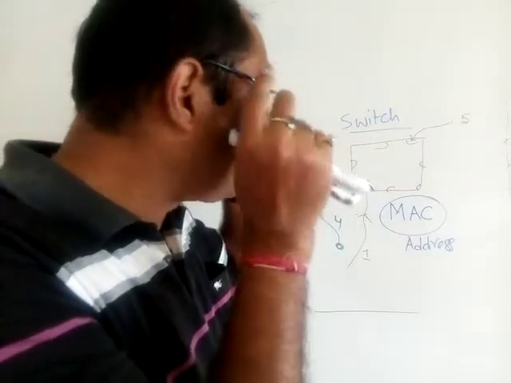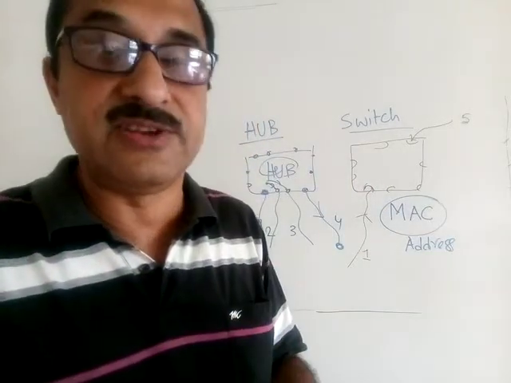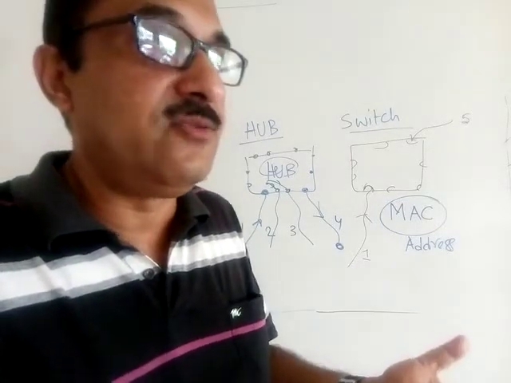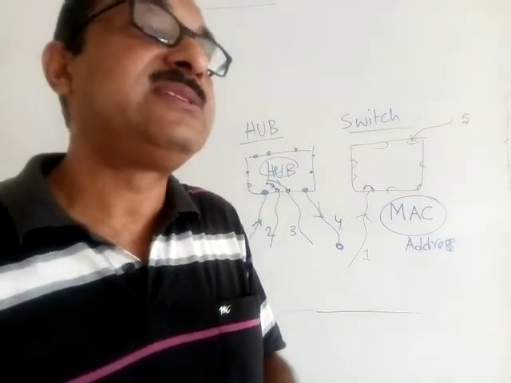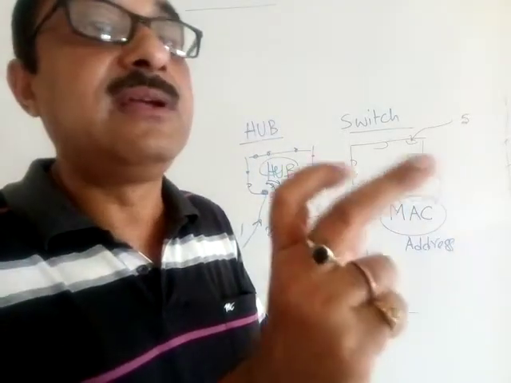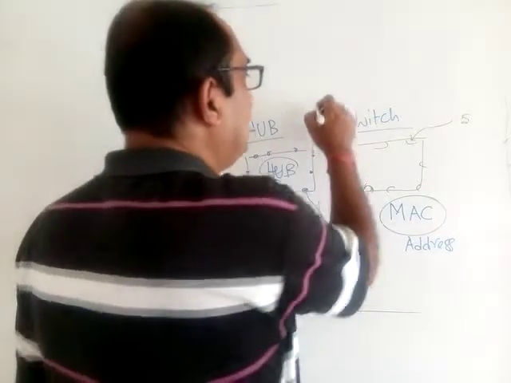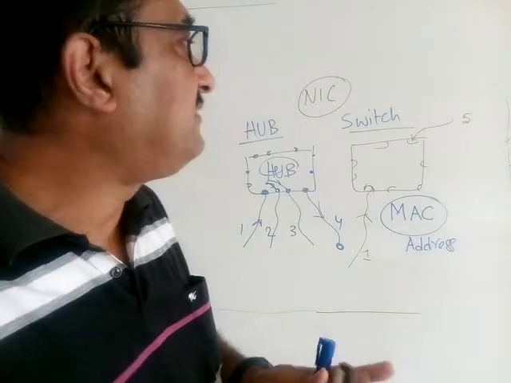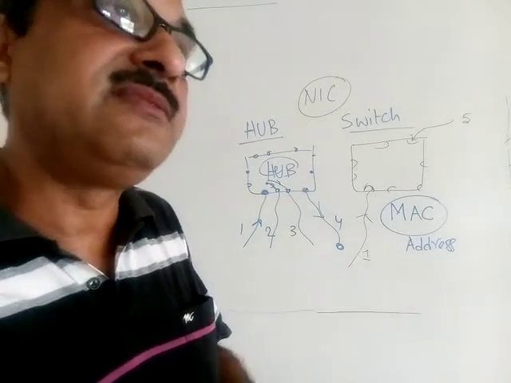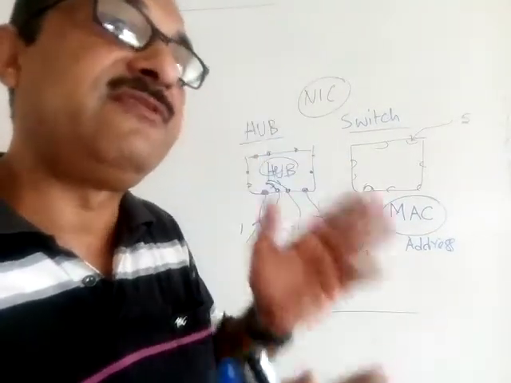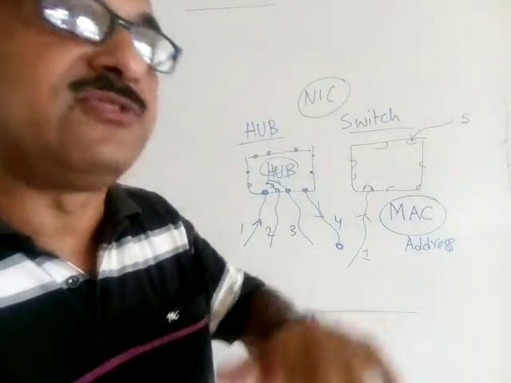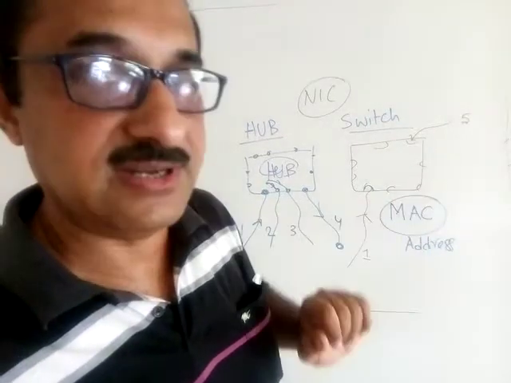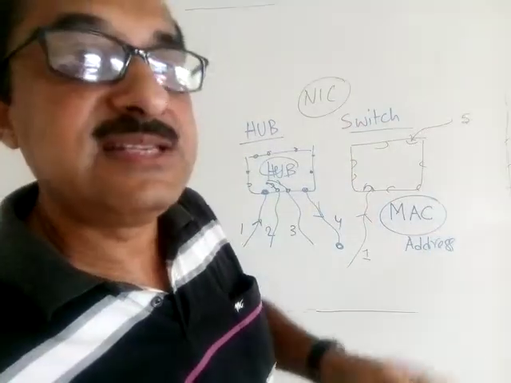Now what is a MAC address? A MAC address is basically the physical address of a computer. If you connect a computer in the network, what is its physical address? Where is that address? That address is basically put up in your network interface card. You have learned about the NIC in my previous video. The manufacturer of the network interface card will always place a physical address over there. That address will represent your system when your system is in the network. This particular physical address is called the MAC address.